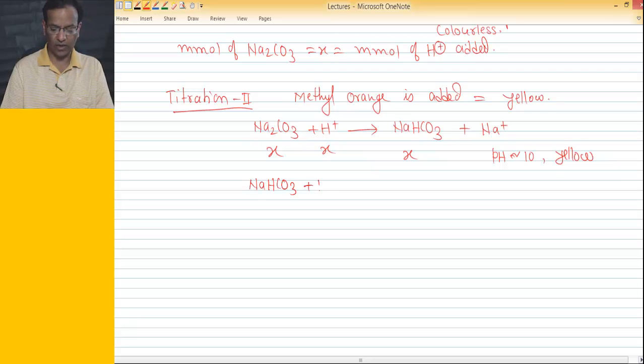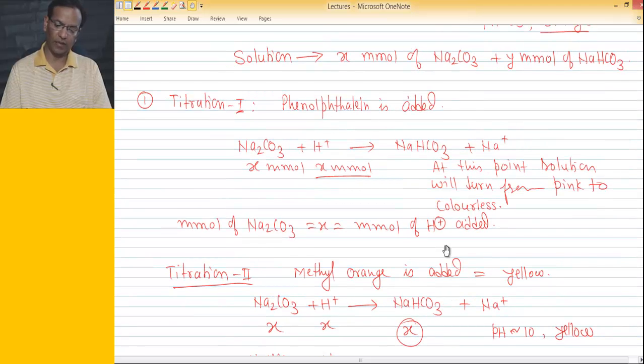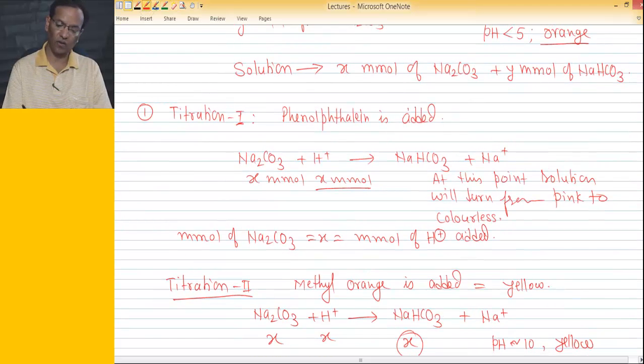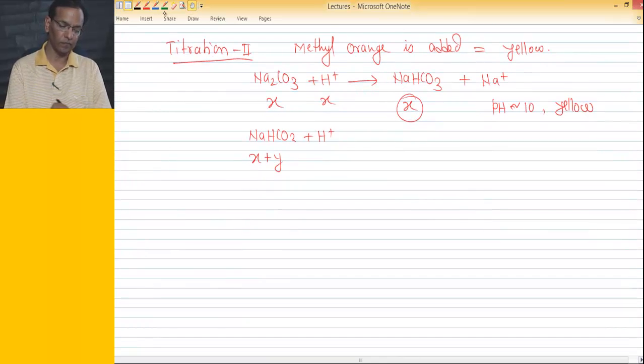NaHCO3 will be neutralized by H plus, but now the millimole of sodium bicarbonate will be x plus y, x from the first step of reaction and y original, since we have assumed that there is y millimole of sodium bicarbonate. So now for x plus y millimole of sodium bicarbonate, which will be neutralized like this,